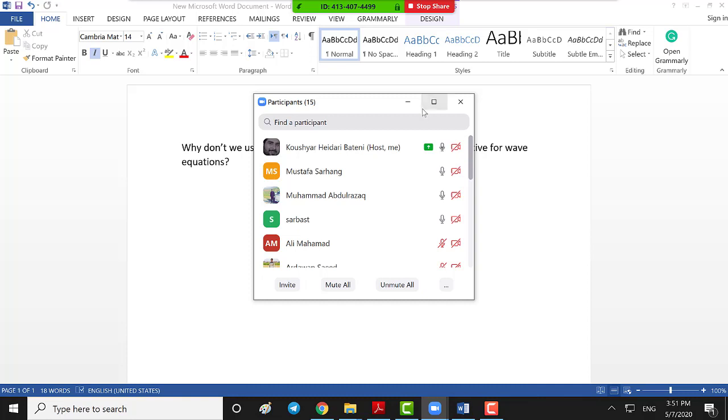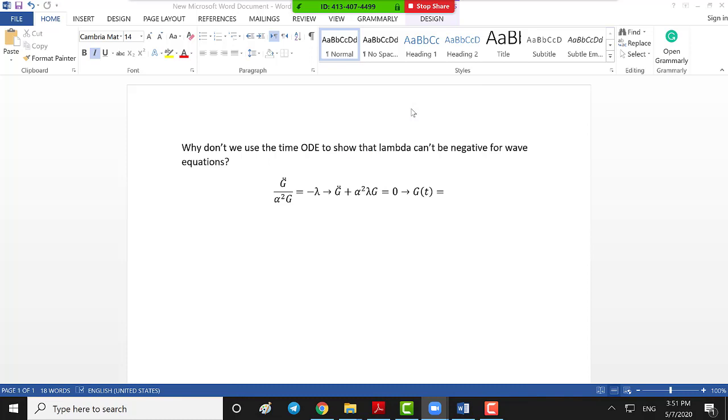So guys, Mohammed asked a very important question, and it was, why don't we use the time ODE to show that lambda can be negative for wave equations? Now, we were elaborating on that. We said that if g double prime over alpha 2g is equal to minus lambda, then g double prime plus alpha 2 lambda g is equal to 0, and that means that g of t is equal to,